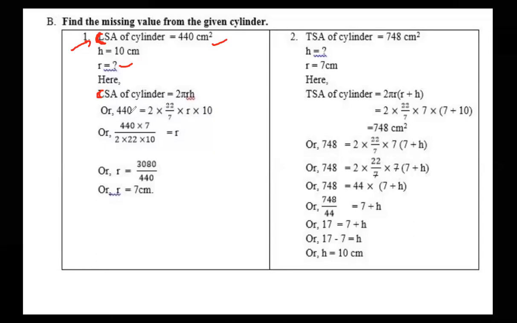440. Okay, so now let us take this divide sign this side. When divide goes this side, it will multiply. And when multiply goes this side, it will be divide. So 2 also will go in the divide sign, 22 also, 10 also. Now multiply this number, 440 into 7, 3080. Please check with the help of a calculator, right? I may have made a mistake. So 2 into 22 into 10, so 440 will be there. Is it okay? Yes, sir. It's right. Now, if we cancel it, is it going to be 7 centimeter or not?